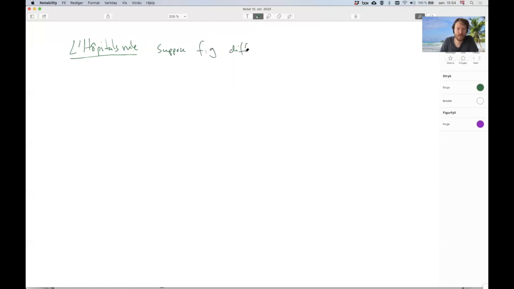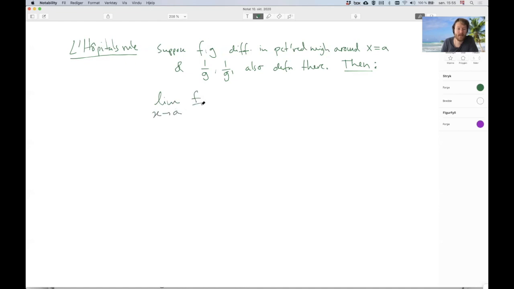They're differentiable in a punctured neighborhood around a. And 1 over g and 1 over g prime are also defined there, meaning that I can evaluate these two guys close to a. Then if the limit as x tends towards a of f divided by g is equal to